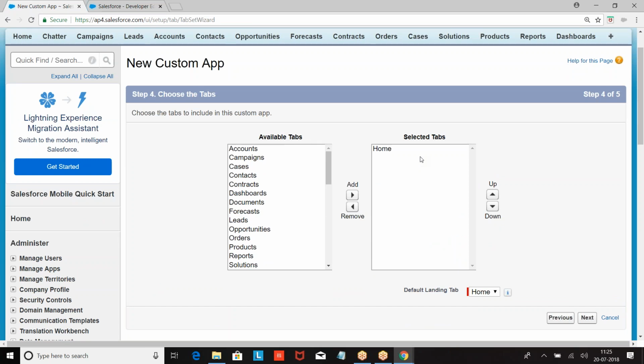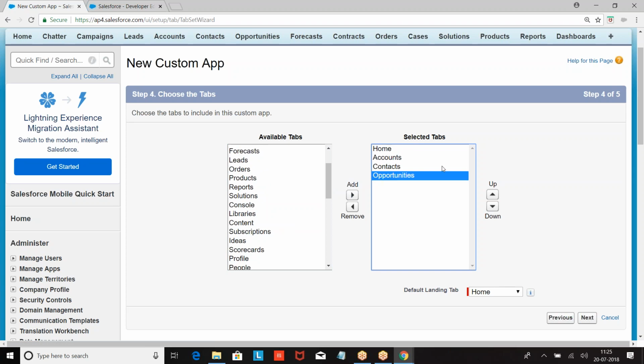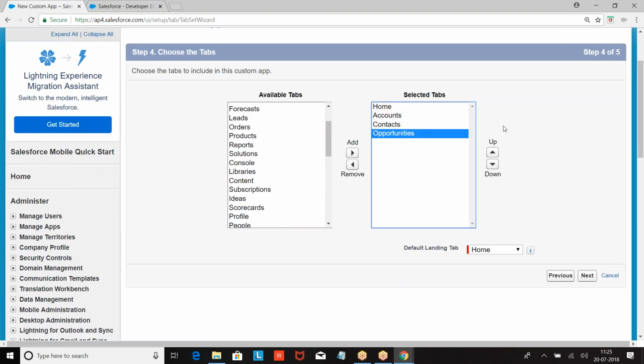You are building a new application. In this new application, which tab should be included? So I am here giving accounts, contacts, opportunities. I selected some tabs. Okay. These are the tabs which will be displayed in the application.